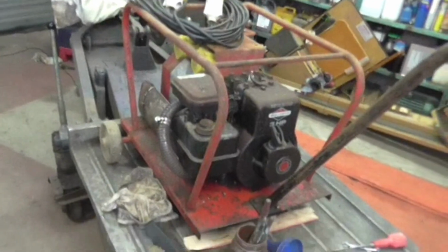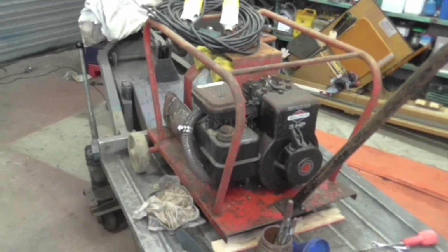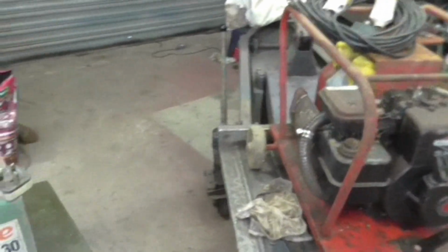I've got a 110 volt pistol drill somewhere and I can't find it to save my life, so I'll just sell it as it is. It's a pity because it would have gone with it. But never mind. Right, so there's another thing. And yet another thing